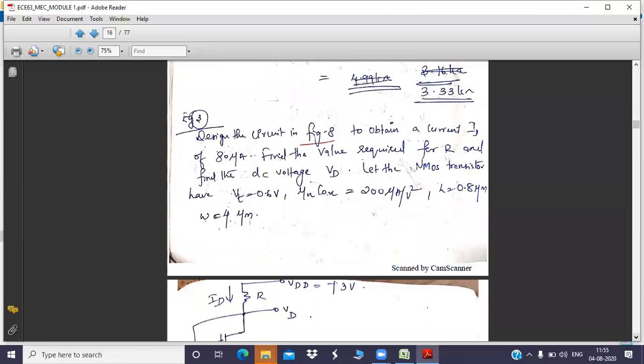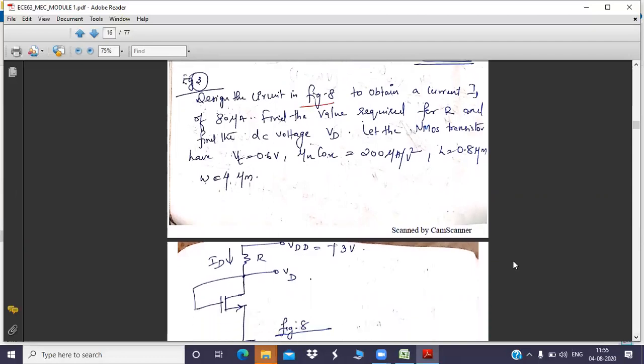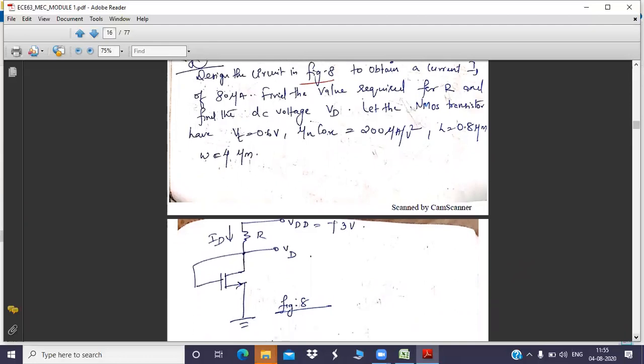Third question, I think I will continue next day because the circuit diagram is different. So the first question and second question you can practice, and if you have any doubts, you can ask tomorrow. For the third question, you have a different circuit diagram, so the concept is different. I mean the solution method is different.